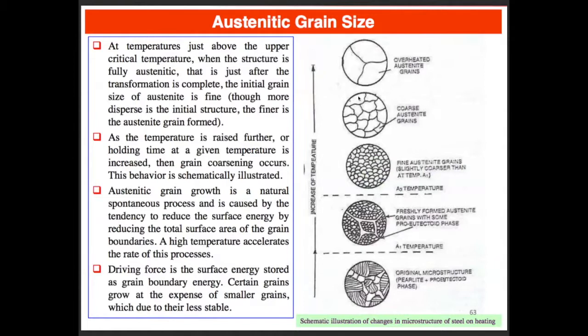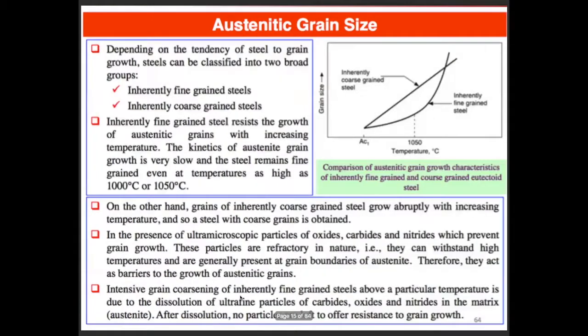And of course, the driving force for this is just curvature-driven grain boundary growth, and grain coarsening will occur. The driving force of this is just the stored energy of the grain boundary energy. We talked about this at the very beginning of the class. So depending on the alloying composition, the ease at which these austenite grains grow,